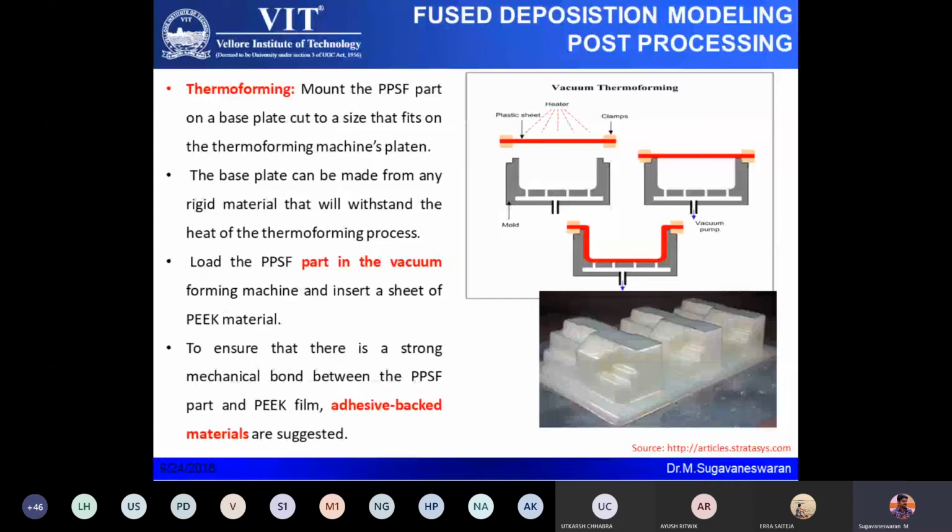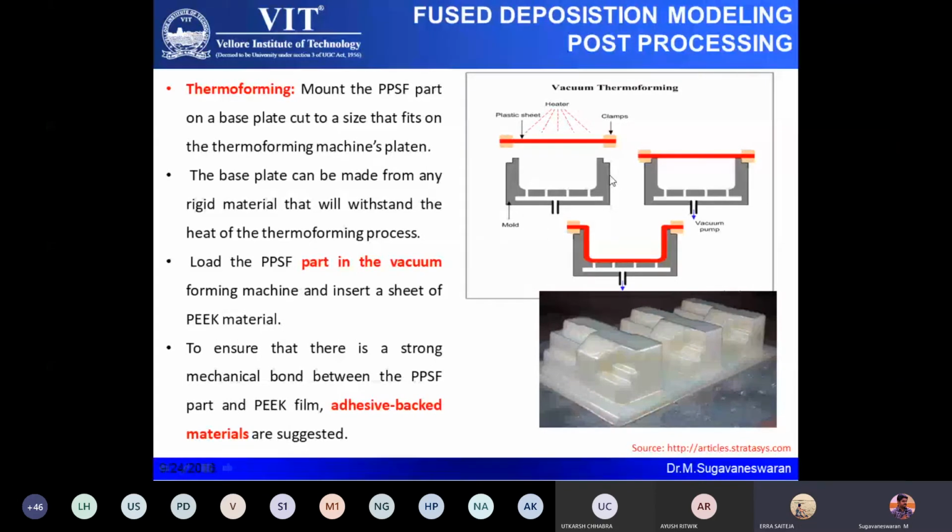So there is something called the glass transition temperature. I will not heat until the melting temperature. I will apply heat where the material is about to flow. That temperature is called the glass transition temperature. So that temperature may not have any effect on your part. At the same time, the temperature should have a sufficient effect so that it will get adhered to the plastics you have taken for the coating process. So we are not going to take a temperature which is equivalent to the FDM printed material temperature.